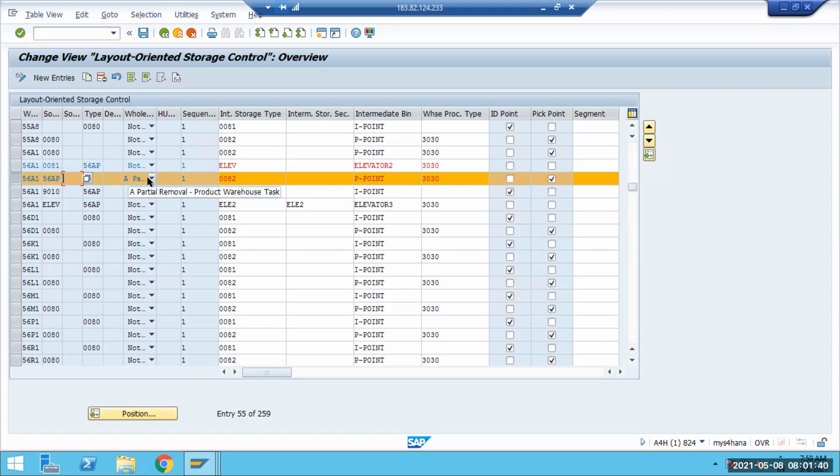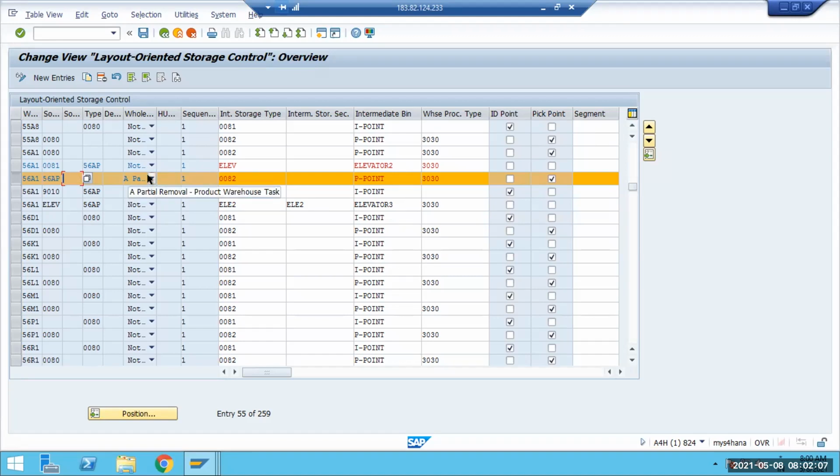Now in this case, I was trying to achieve a scenario where I will not pick up the full pallet, and I have to just reduce the quantity from the pallet. For example, a full pallet is 100 quantity, and if from the 100 you have to remove a certain quantity and put it back, then the left out quantity, which is the desired one, you have to move further. So with this configuration, I was able to mention the same.